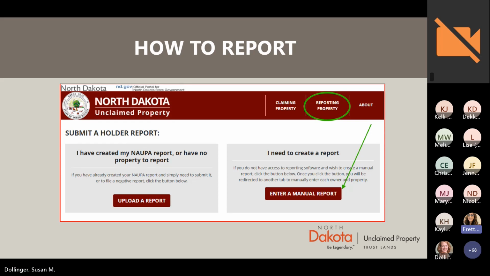Next question, our business has unclaimed property, but it is under the name of a former employee as well as our business. How do we claim this property? So you're saying we already have it in our custody and it's in the name of the business and a former employee? Yeah, okay, I guess I forget that I can't hear them. If you're making a claim for that property, both owners, the business and the former employee, will have to make a claim